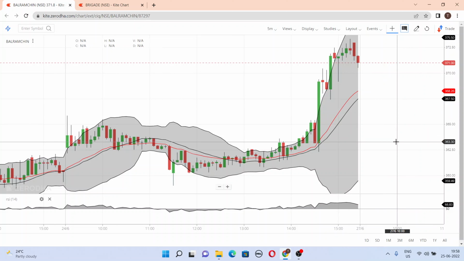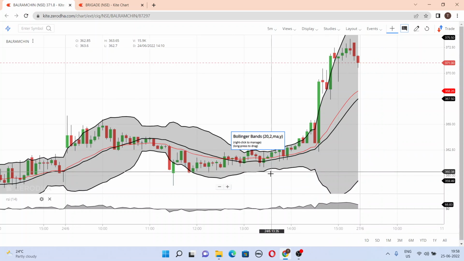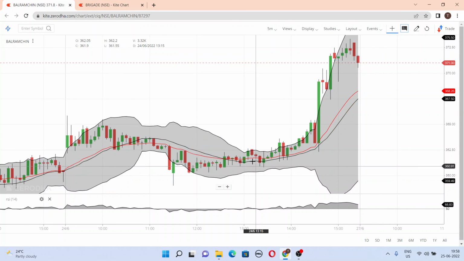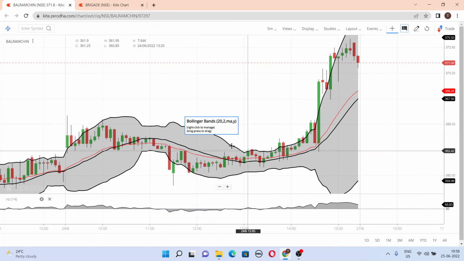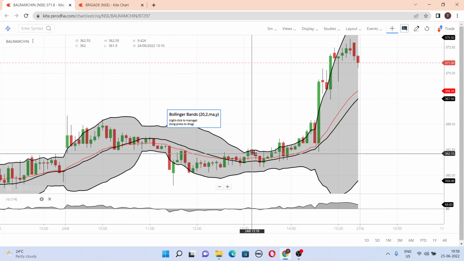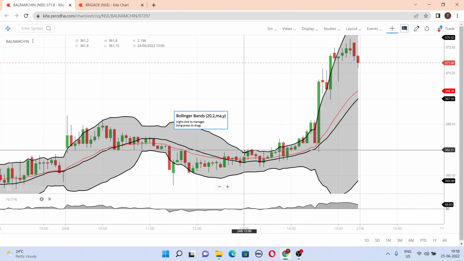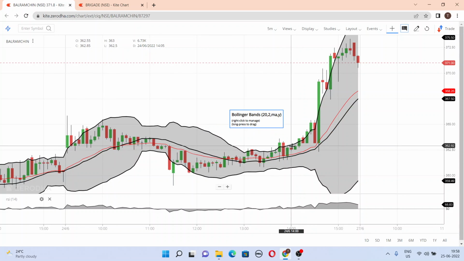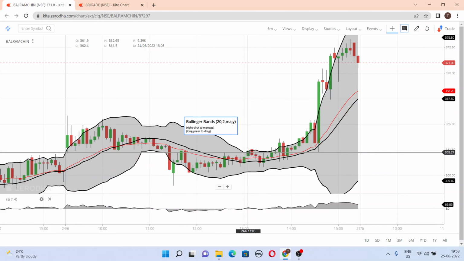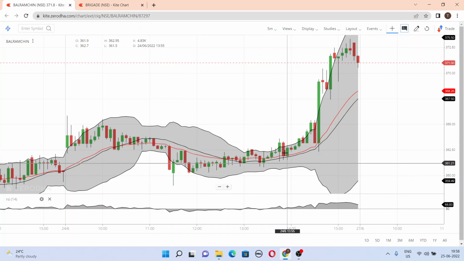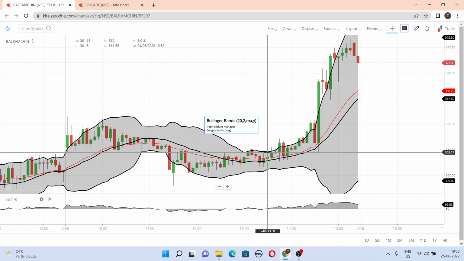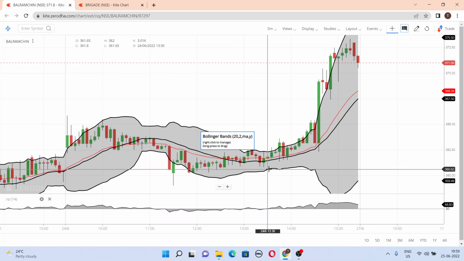So now, how do we enter into the trade, and what are the preconditions for entering into the trade? One of the preconditions is that the Bollinger Band should be narrowing down, as you can see here, specifically in this area, let's say between 1 and 2 p.m. Right? So you can see that the price was in a very narrow range, and if you see the top and the bottom band of the Bollinger Band,